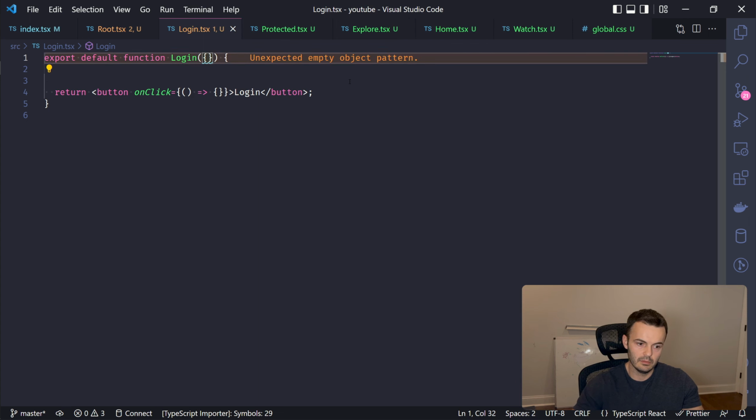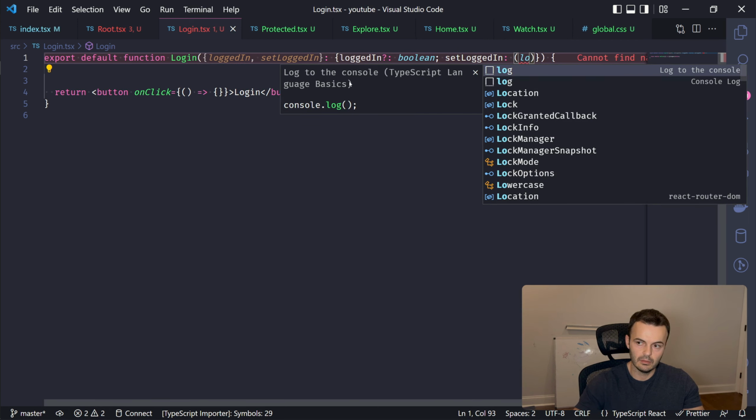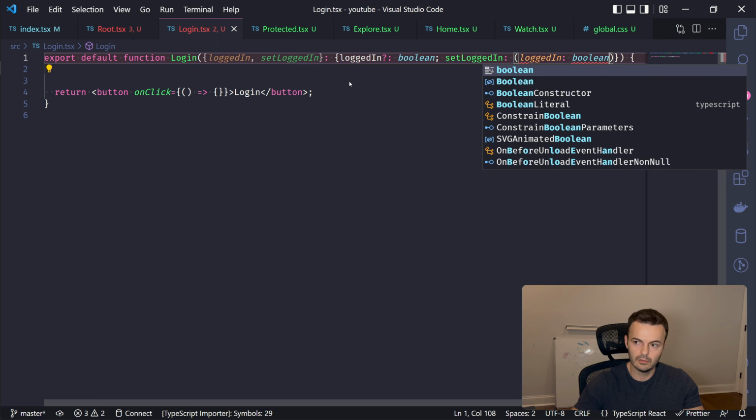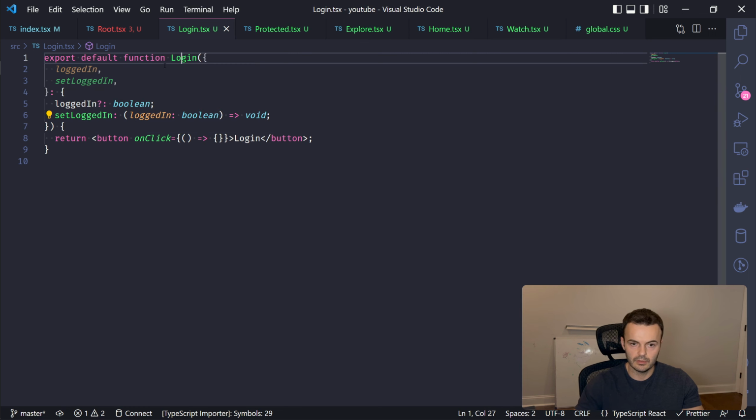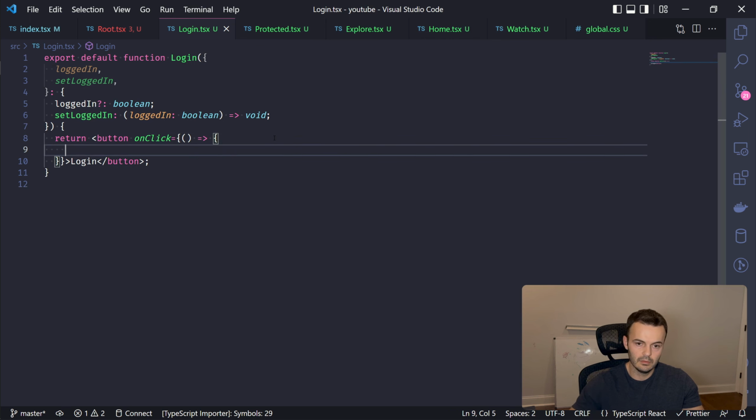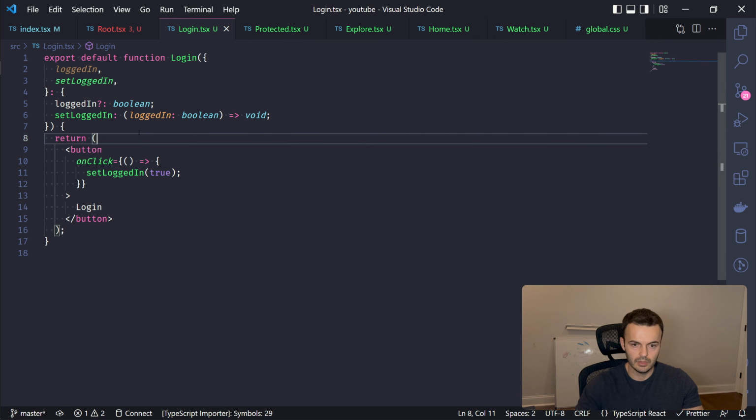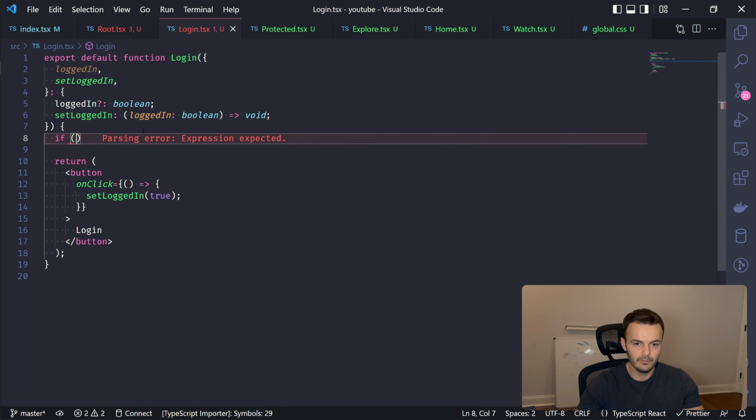So if they've ever visited this page, we also want to redirect them. If they ever visit this page directly and they are already logged in, then they should be redirected automatically. Set logged in is going to take a boolean, of course. Void. So it's a function. Set logged in is a function. Login button will set logged in to true. If they're logged in,